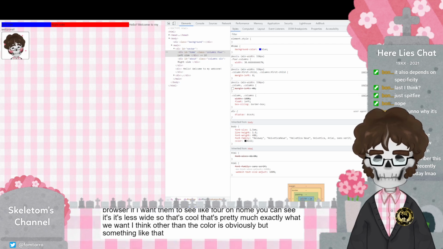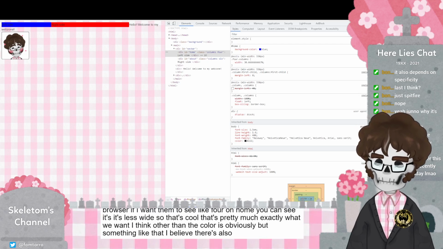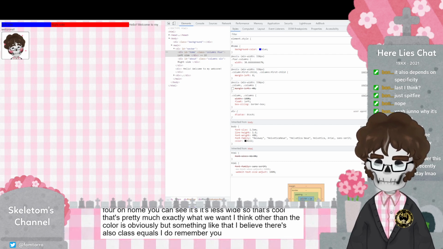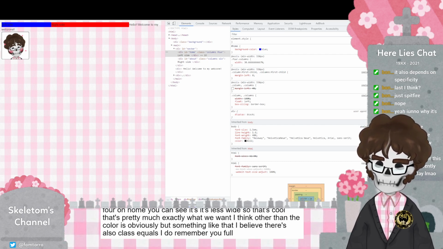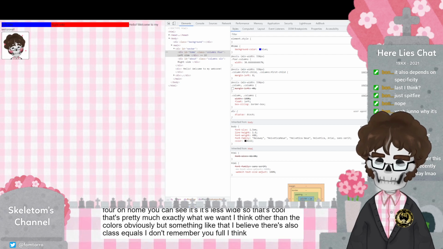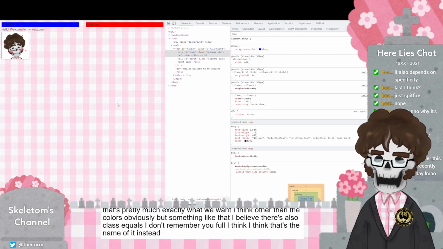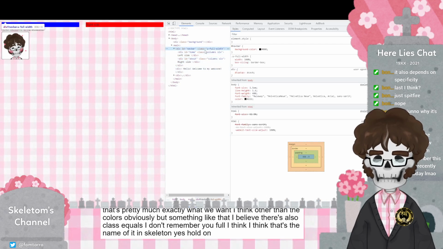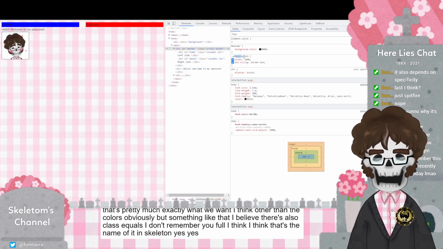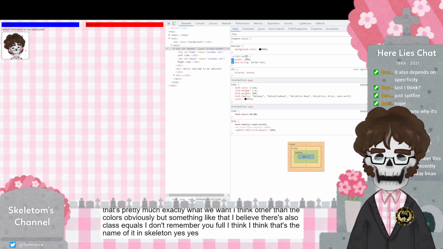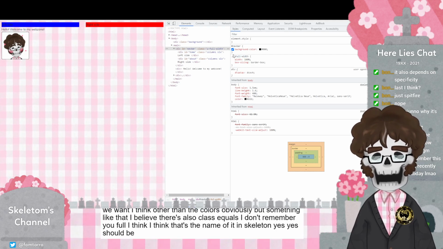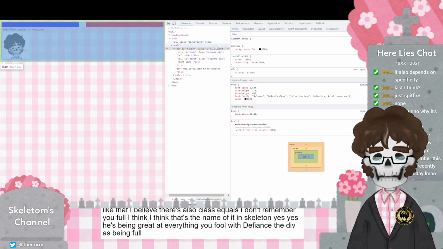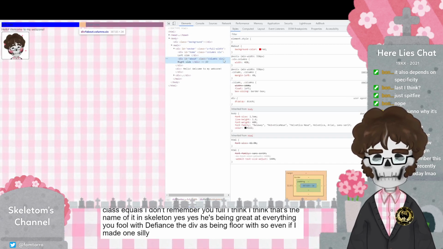I believe there's also class equals, I don't remember, u-full-width, I think that's the name of it in Skeleton. Yes. Wait, maybe not. Hold on. U-full-width. Yes. Okay, that's a Skeleton reserved class as well. Once again, Skeleton's just being great at everything. U-full-width defines the div as being full width. So even if I made, once again, this one to like